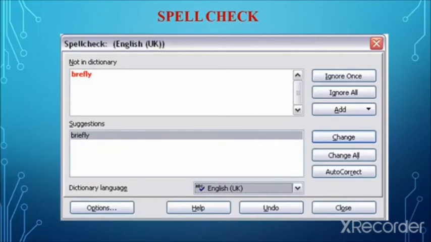We can select the suggestion, or add the word to the dictionary, and the dictionary language can be changed, for example Spanish, French or German, from the spell check dialog box. The word can also be added to the existing inbuilt dictionary. So these are the options of the spell check.